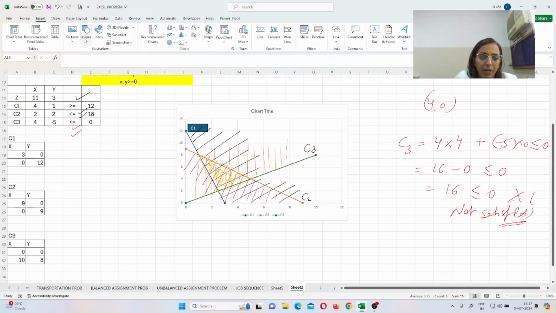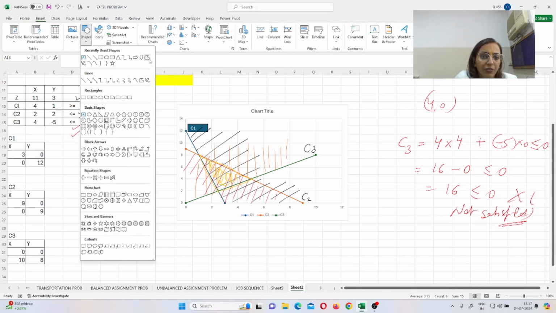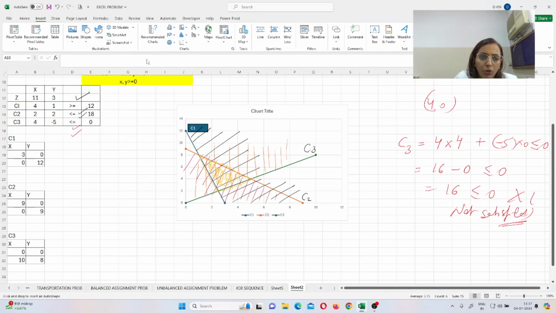go into the shapes area. Here we have a free flow shape. Drag this from the point, this, till where you want to take it. My point is this, right? Then I want to take it to this one, and then I want to take this value to that area. So that is my shaded area, right?